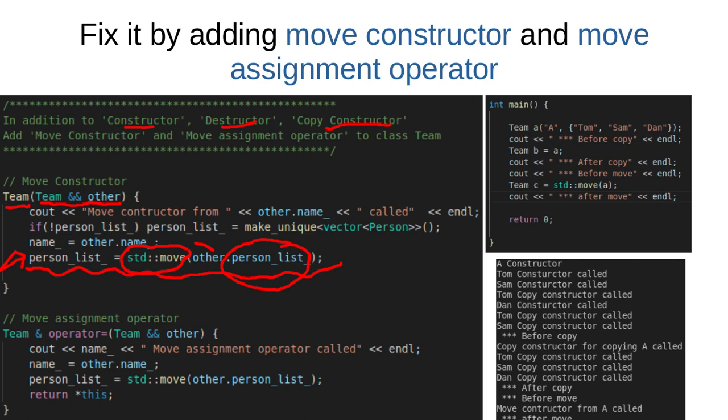So if we have a vector of a million elements, none of the elements will be copied. It's just the pointer. And as you can see here, the same example. Here we define team A, and as we saw before, team P equal A. This is expensive. It will call the copy constructor, and 3 objects will be copied, or every object in the vector will be copied, while